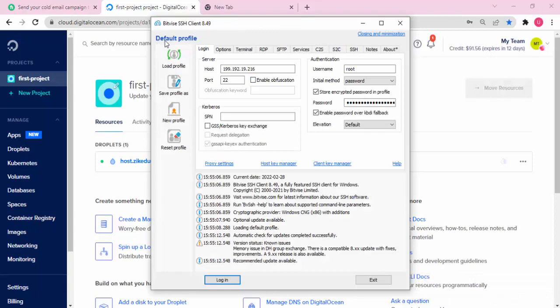So I am going to be using Bitvise. I think to me it's easy because of the simplicity of it. That's why I'm using this. You can also find out for yourself that this is very easy. I will also leave the link to download this Bitvise under the description of this video